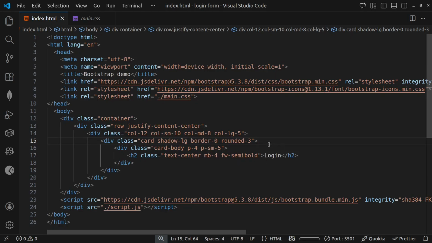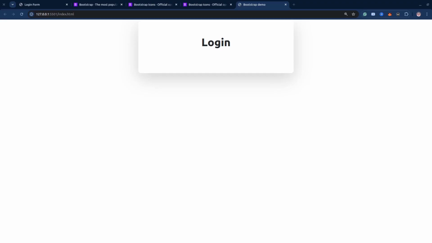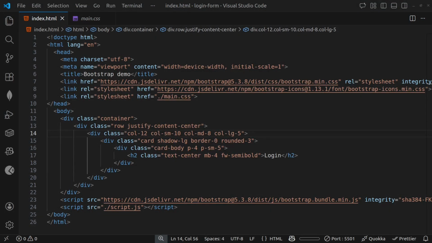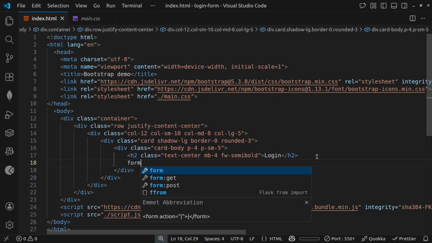So let me just show you what we are having currently with this setup we just have now. On the browser, this is exactly what we are having, right? The form we are setting out, this is the card that we just set out like this. So let's have the form inside the card so that we can finish up. All right, so quickly we're going to have the form itself with a